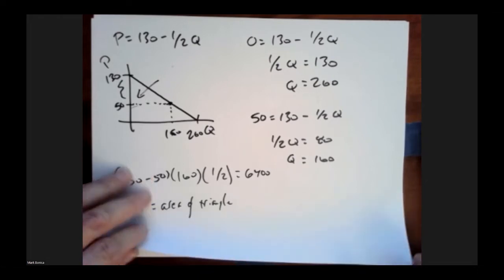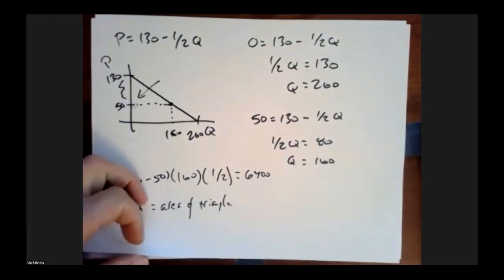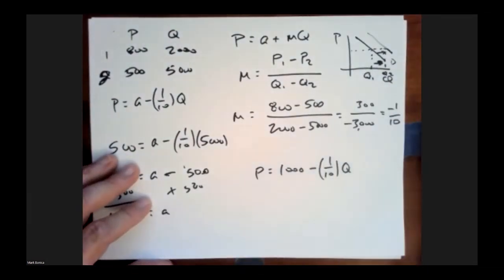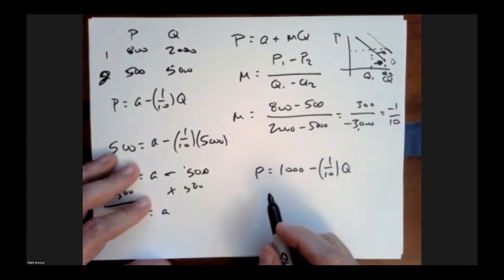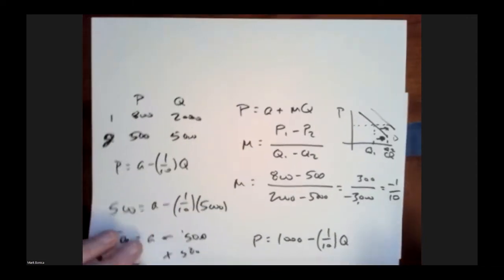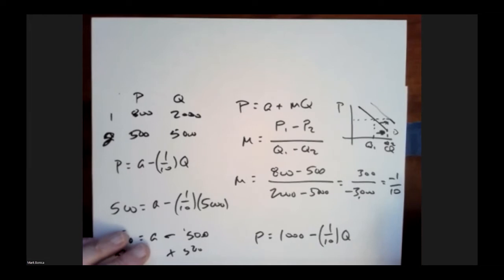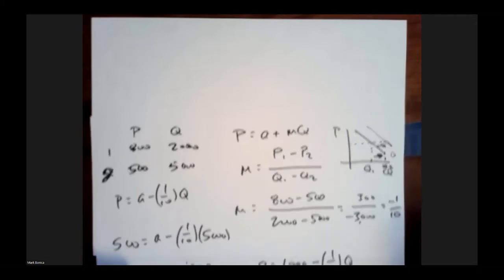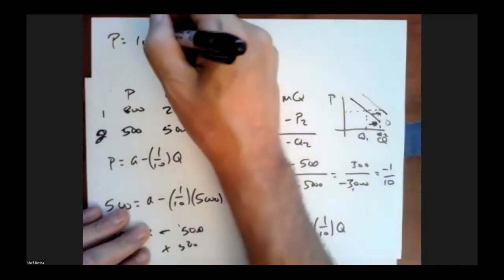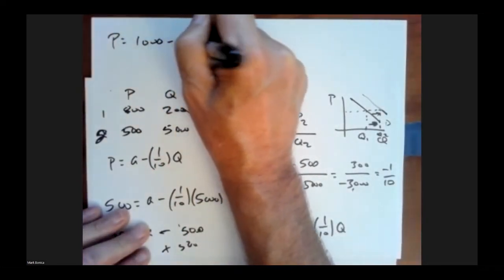And then problem 8 goes back to Brianna's business. Same kind of question. So we know that her demand curve is P equals 1,000 minus 1/10 Q. And the question is, at a price of 750, what would Brianna's consumer surplus be? Okay, so with a demand curve of P equals 1,000 minus 1/10 Q,